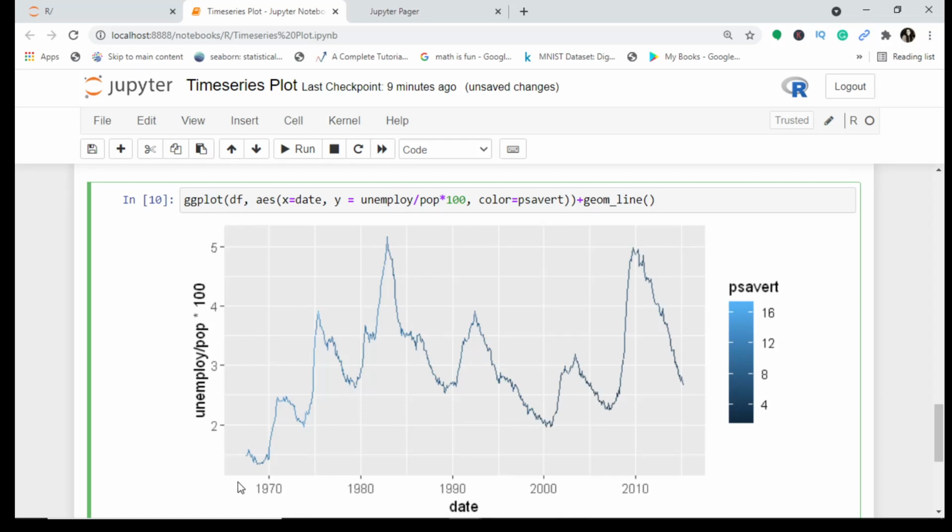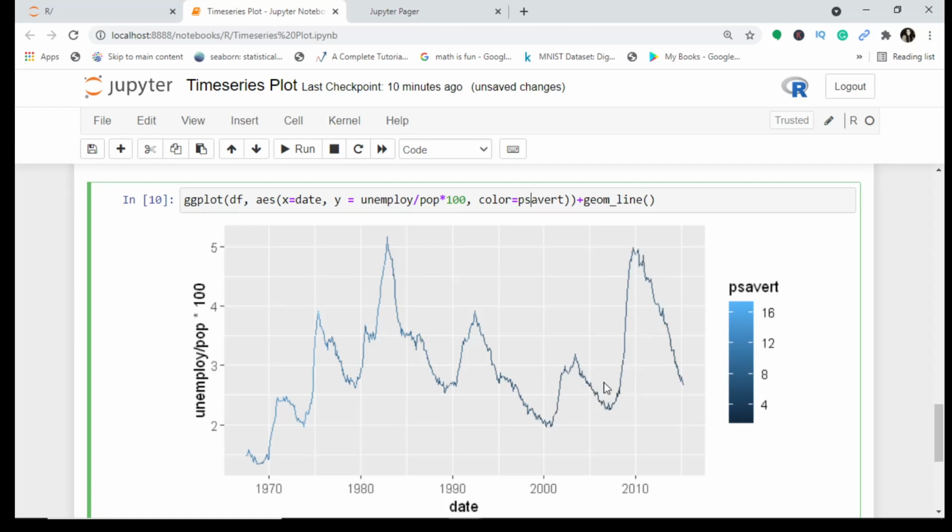First of all, understand this scale. This is the saving rate. Darker color represents less saving, and lighter color represents more saving. So when the unemployment rate is high, and you can see the saving also, I cannot find much interpretation from this. It is not that evident. What I see here is that the color varies and changes so fast. I cannot say that unemployment is increasing and saving is also increasing. So this needs more clarity.